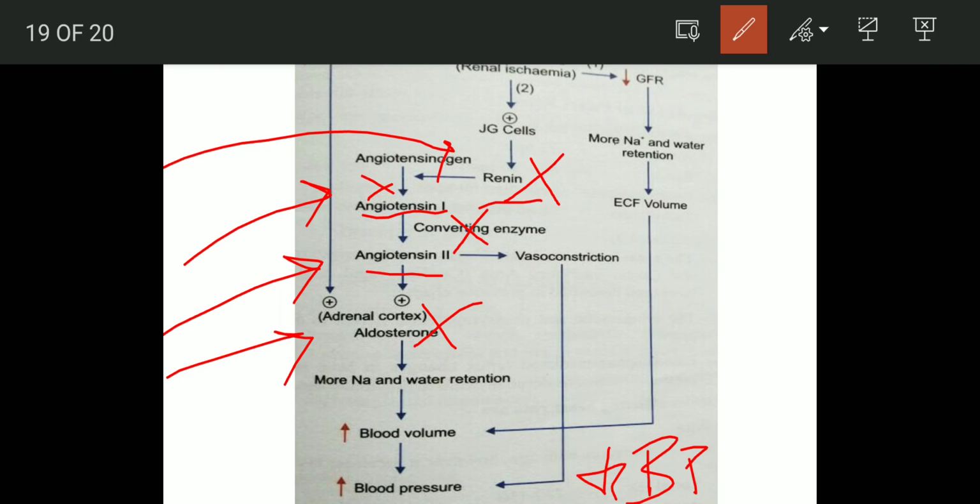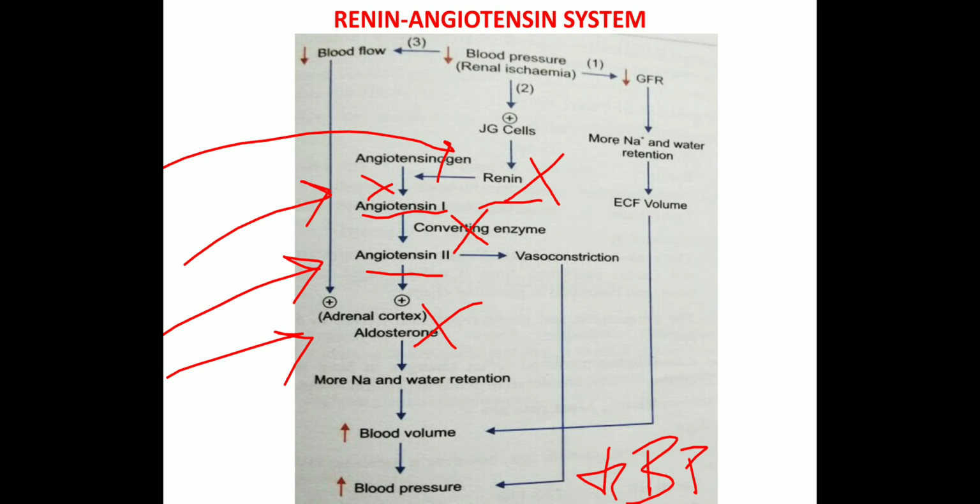Okay, now you understand the whole wisdom. This is the proper wisdom of this renin angiotensin system. Try to make these notes. This will help in your lifetime process. You have to remember this, because many of the antihypertensive drugs act on this pathway, and nowadays there are so many drugs like telmisartans, all of these are acting on these pathways only. ACE inhibitors and this certain group of drugs, whatever you are studying in your antihypertensive drugs, all are acting on this pathway. So this is one of the most important significances.